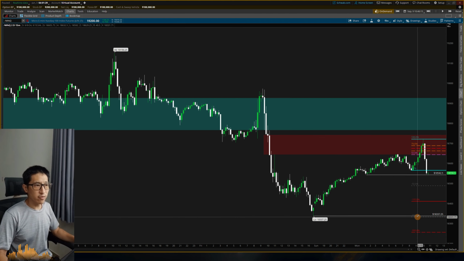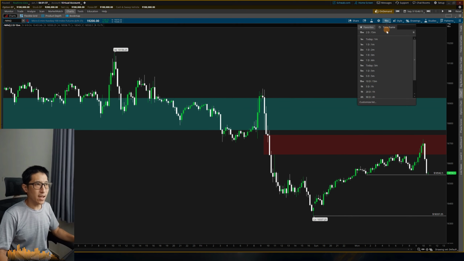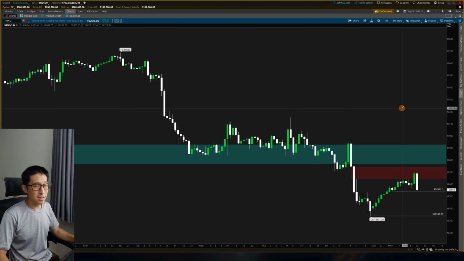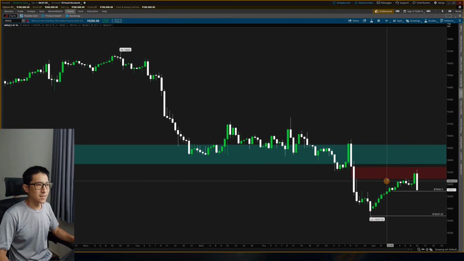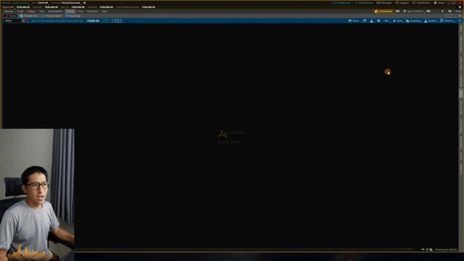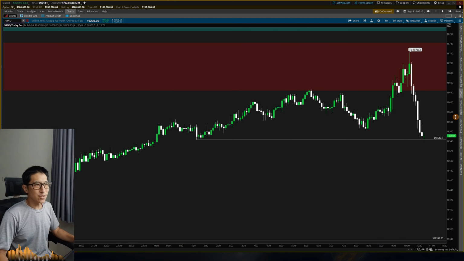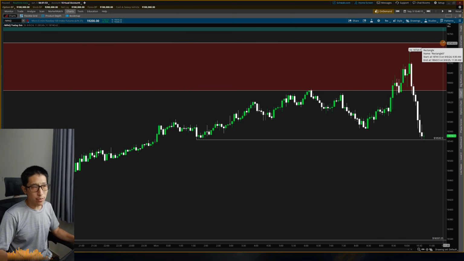I like how -1.5 lines up with this low, but being a Monday and there's nothing else really here that I want to target, I may just stay out of it. I know we do have perhaps this fair value gap, but I kind of feel like today may be one of those days where I just let it run and not do anything about it. But I'm going to go ahead and walk through the rest of the morning.